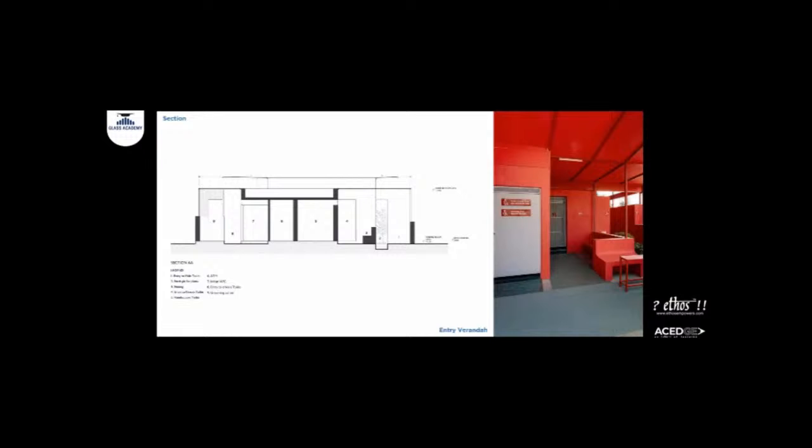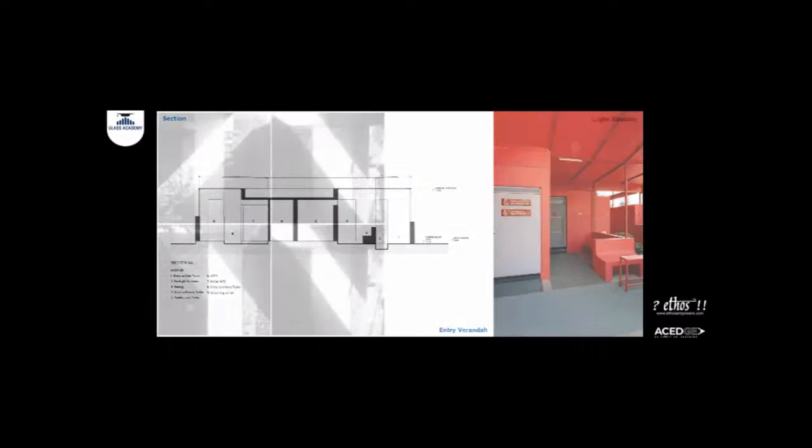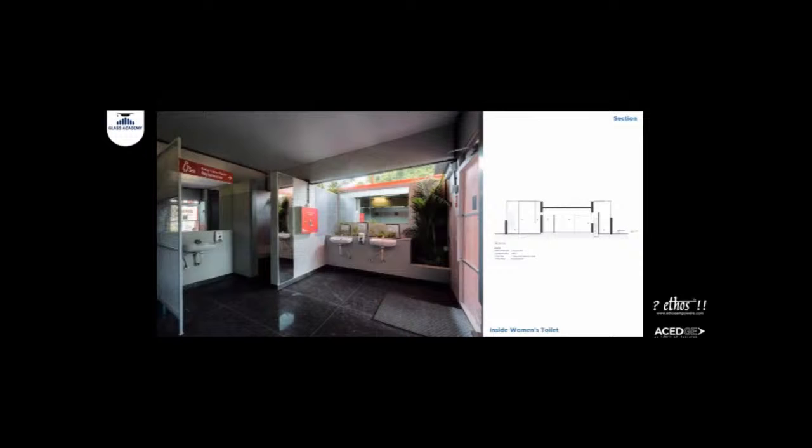So the people start relating to the spaces, but yet they feel they are in a new space. These are some light studies we did on the way, just to understand how the light is coming into that space. Yeah, and all spaces are naturally lit. And this open space is not open to sky, but it is open to roof, as you can see on the right hand side in the section. So the pavilion covers this open space, which is open to roof.